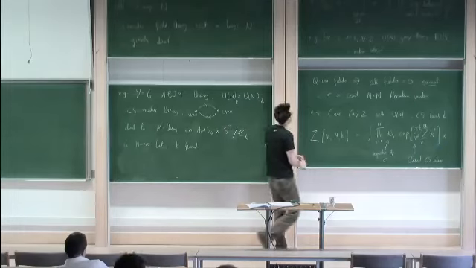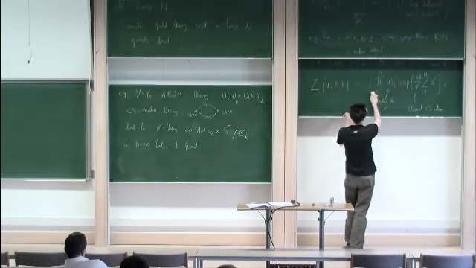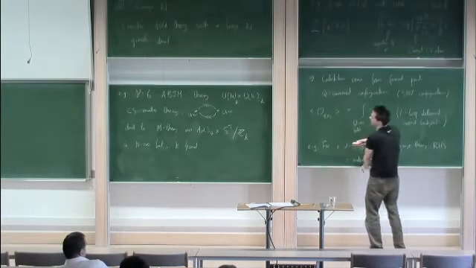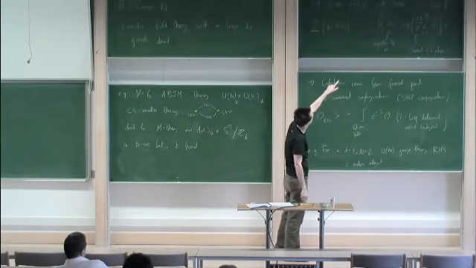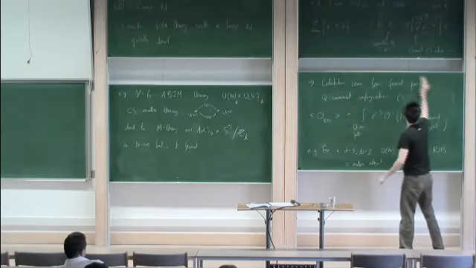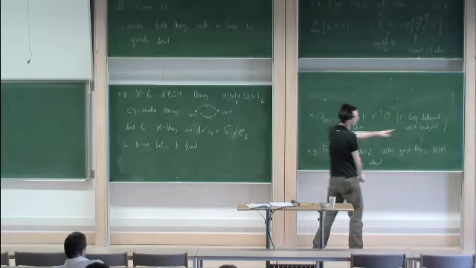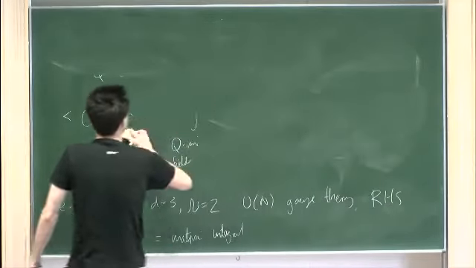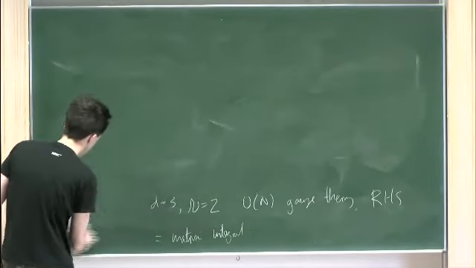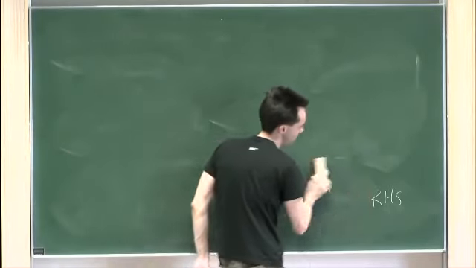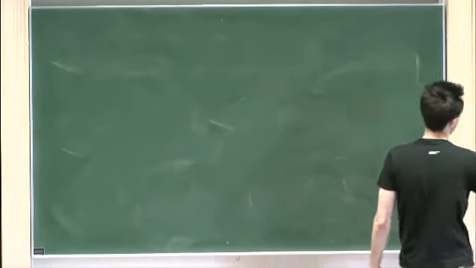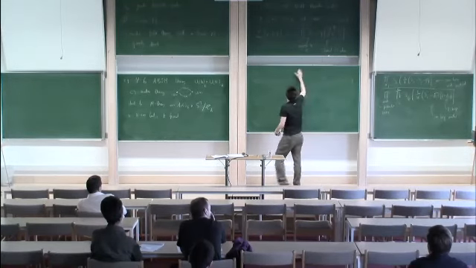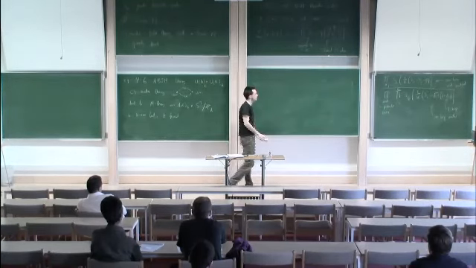So you can take this result for this matrix model here, and you can just plug in this particular theory. It's got 2 copies of U(N), so I'll have 2 sets of eigenvalues, say lambda and lambda tilde, for the 2 gauge groups. I've written the fundamental representation answer here. The bifundamental is just some small modification of that. And I'll get some partition function, which depends on the squashing b in this particular case, and on N and k. I want to take the N goes to infinity limit with k fixed.